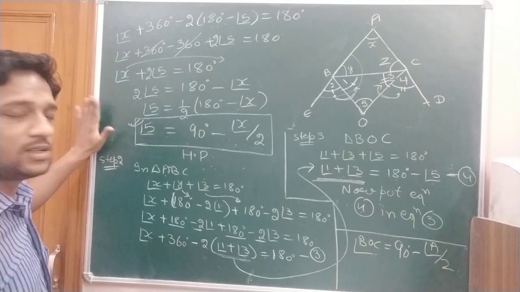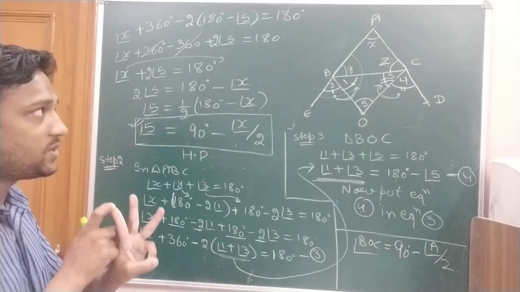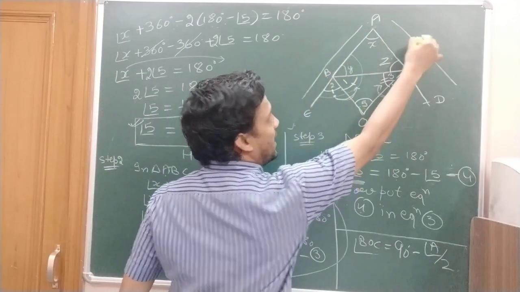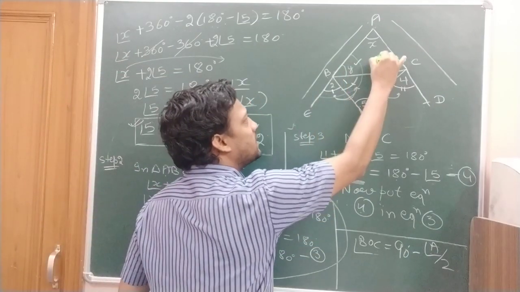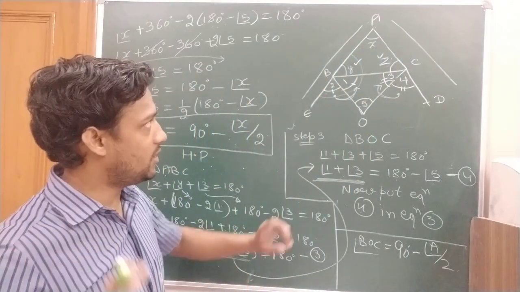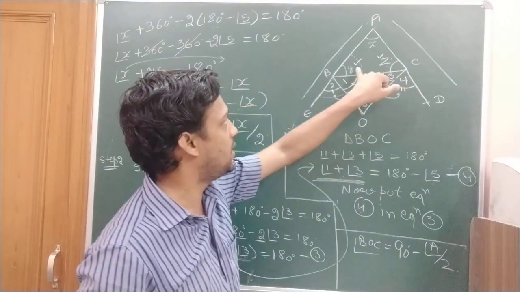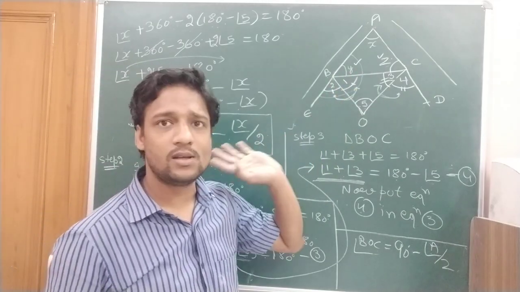Now I am going to revise this question. Listen students, there are only 3 steps. In the first step, we have used these 2 straight lines, from which you find the value of x and y. Then from this line and this line, which are straight lines, you find the value of y and z.